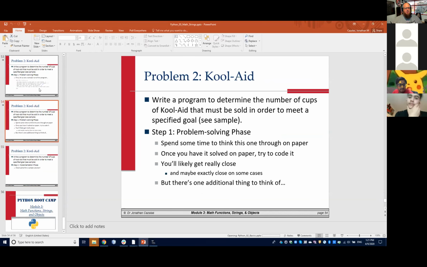And the final thing in here was simply this Kool-Aid example, which is actually, and I don't have the solution, thankfully,